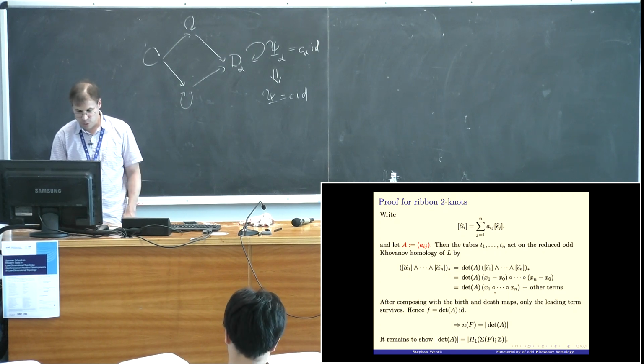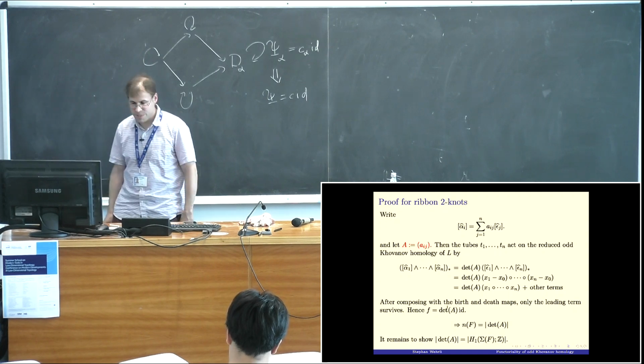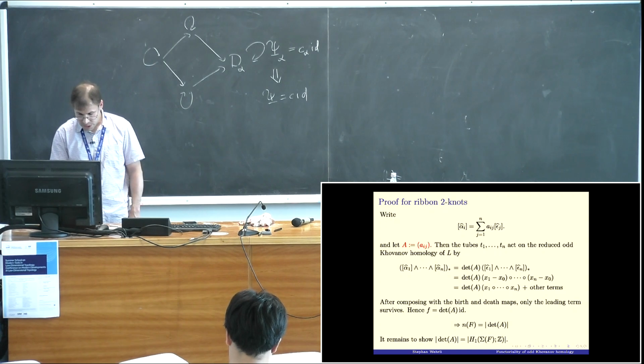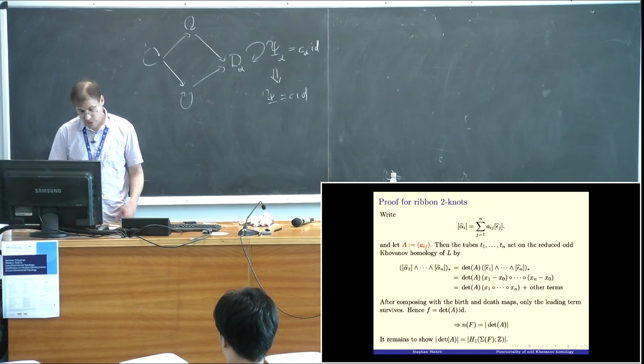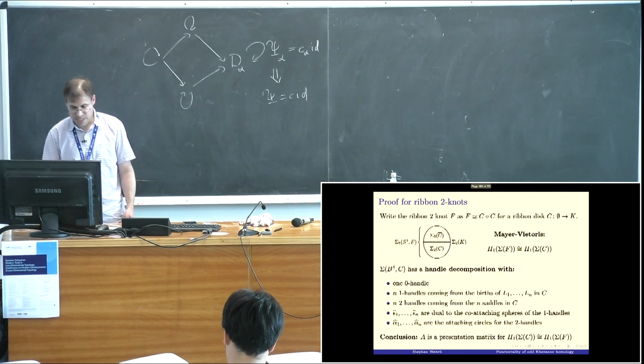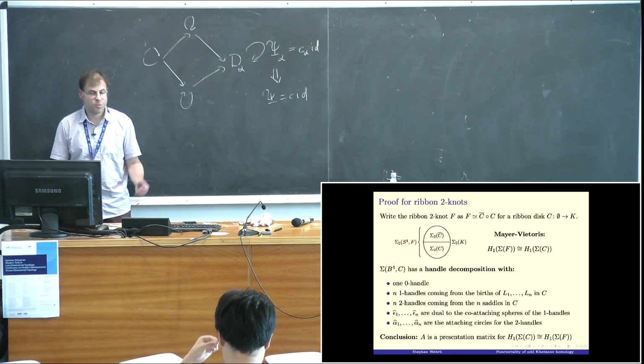So we see that the cobordism map is just, maybe up to sign, the determinant times the identity. And this means that this odd Khovanov-Jacobson number is just the determinant of A. And so it remains to identify the determinant of A with the first homology of the branched double cover of the ribbon 2-knot. And this is easy because you can just write the ribbon 2-knot,